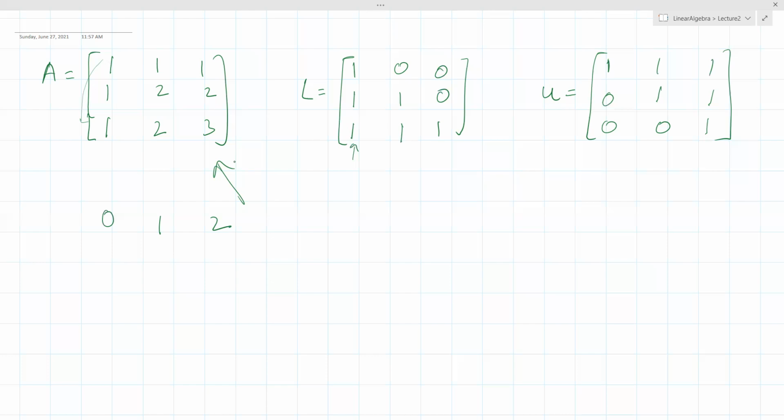I think you're misunderstanding what a pivot is. After doing the first operation, it is 1 1 1. After subtracting this, you get 0 1 1, and after doing the second subtraction you get 0 1 2. So what is your next pivot? Next pivot is this. So how do you know that before doing the subtraction? Yes, sorry, now I got it.